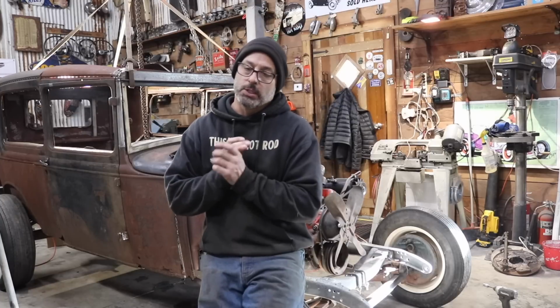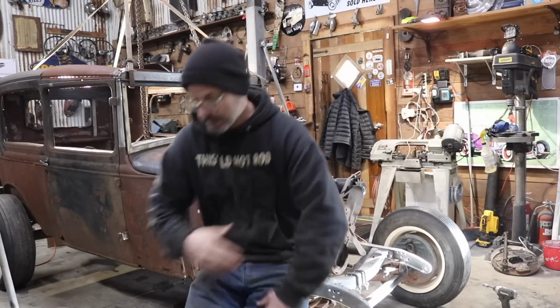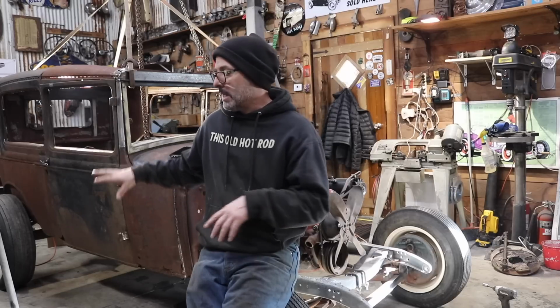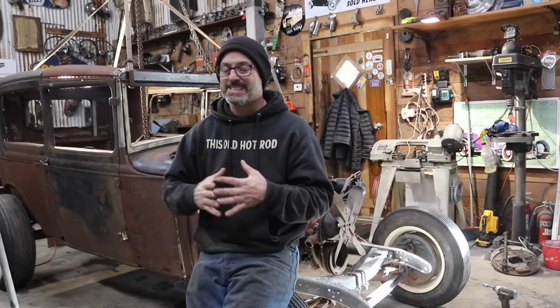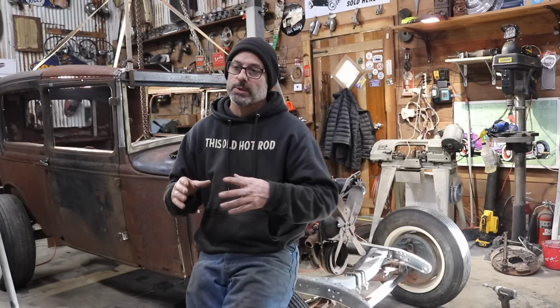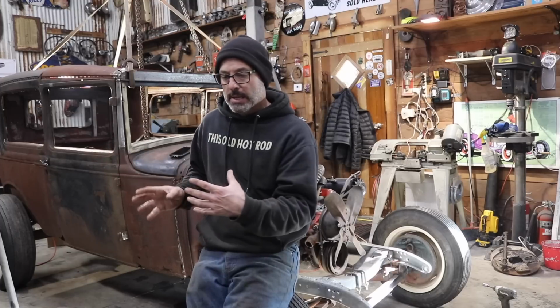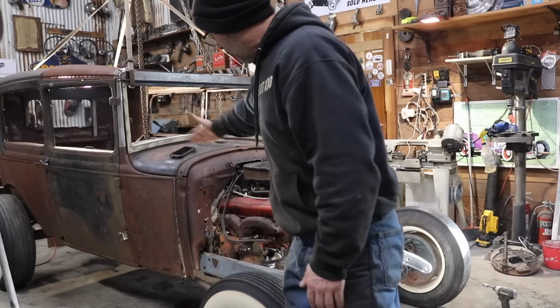I really didn't like the look, and it was bothering me big time, so I said I have to fix it. That being done, I remounted the body mounts, so now the body's resecured in the back of the car. I have not done anything with the front body mounts because I need to get more stock. But what I ended up doing was I took the stock that I had to cut out of the floor structure in the back of the car, and I reused it in the front of the car at my footwells